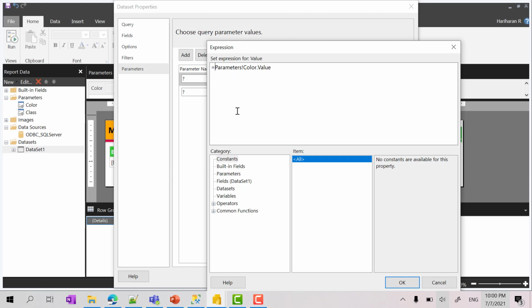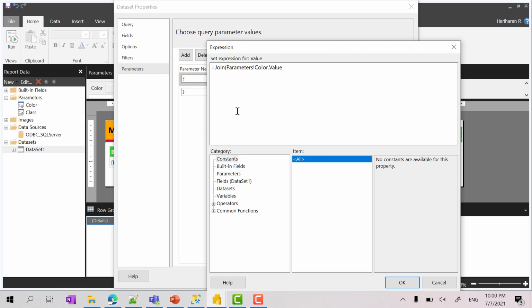Basically, when you select a multiple value parameter, it is considered as an array of elements. If you pass multiple values, they are going to sit in an array, starting with 0 and 1. Right. So if I say like this, it is going to consider the first element in the array. Which means if you enter black and blue, it is going to consider black. So how to convert that whole list of values into a comma separator?